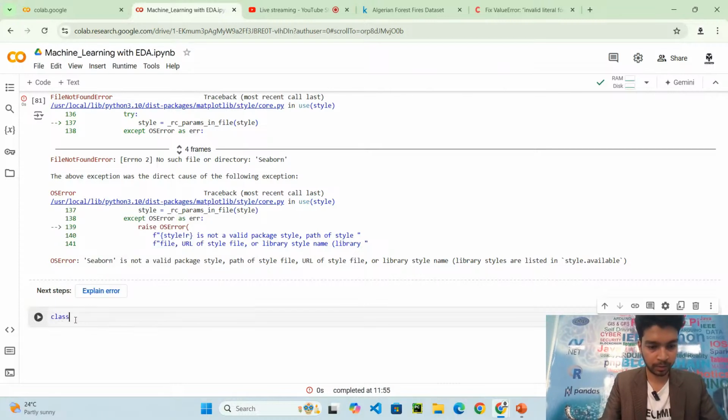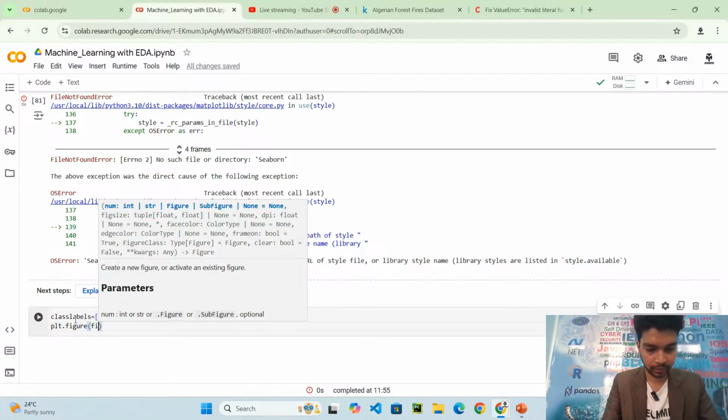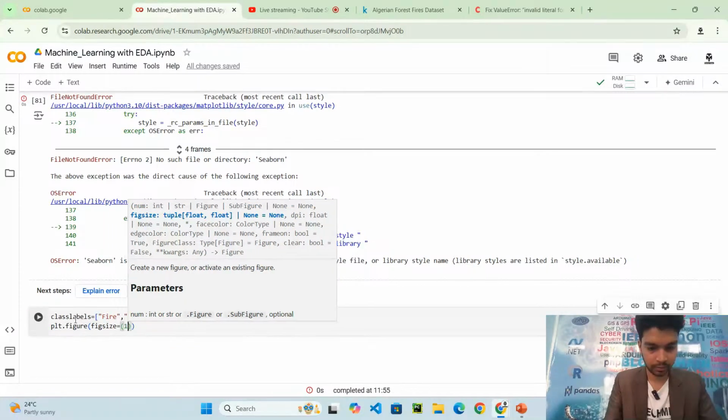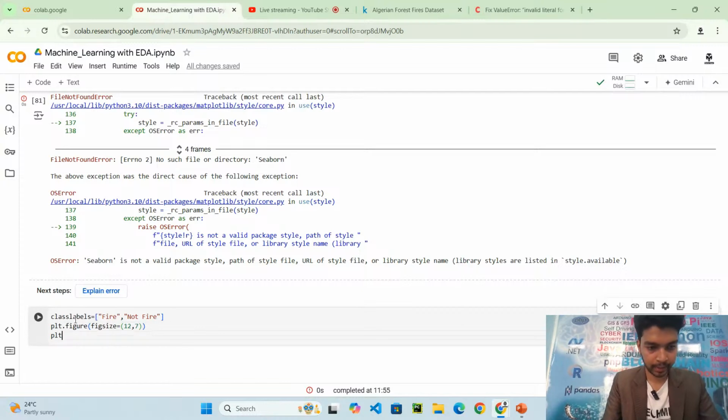So I'll give class labels equal to fire and not fire. Okay, so plt dot figure, figsize equals 12 comma 7. Then I'll draw a pie chart.